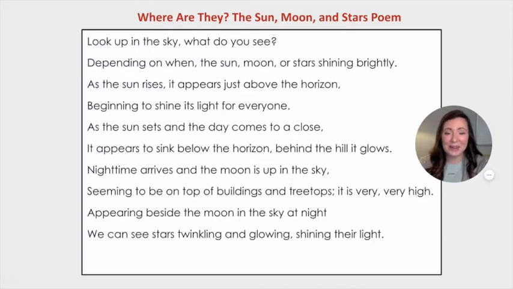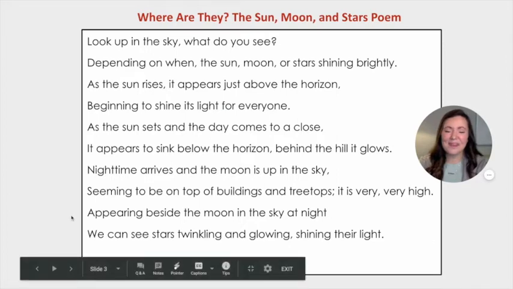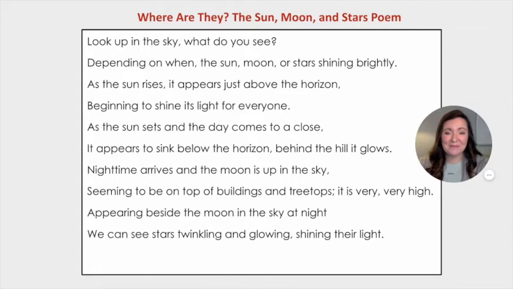Behind the hill it glows. Nighttime arrives, and the moon is up in the sky, seeming to be on top of buildings and treetops. It is very, very high. Appearing beside the moon in the sky at night, we can see stars twinkling and glowing, shining their light.